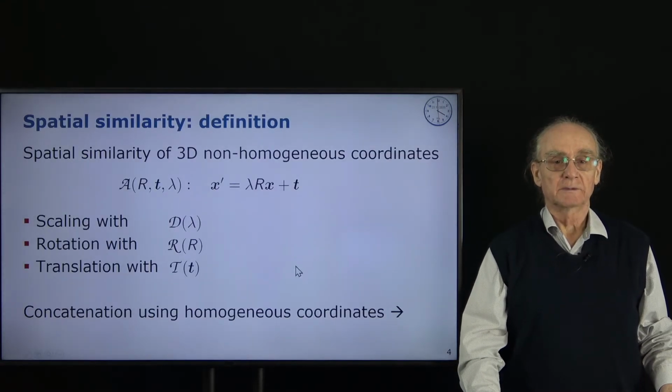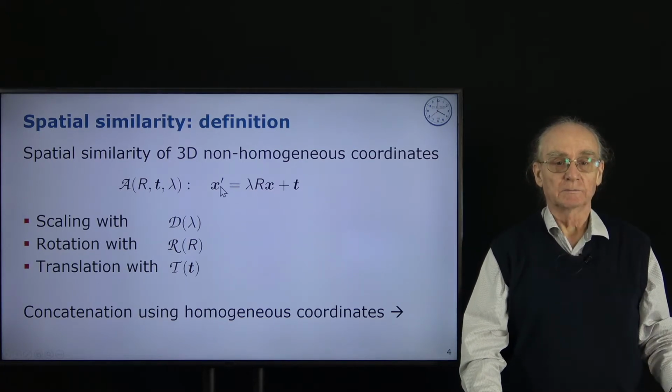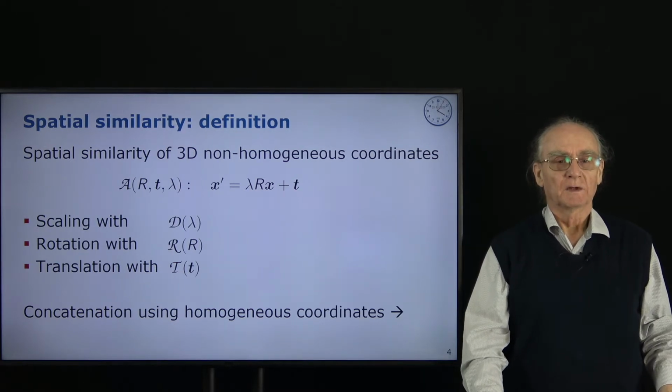A spatial similarity is a scaling of a vector, a rotation, and afterwards a translation. And this gives the new point x prime. This is written down in non-homogeneous coordinates. So this is quite simple, and it would be the same equation in 2D. So now we have a concatenation of scalings, rotations, and translations, and that's the reason why we also here use